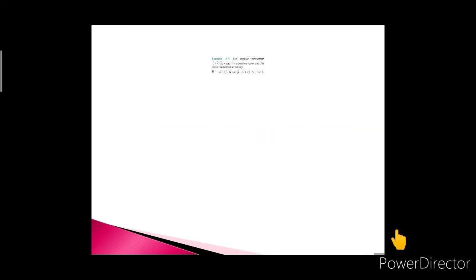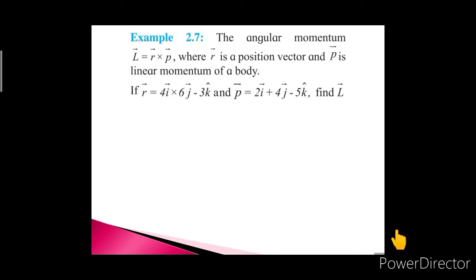In the previous lectures of chapter 2 mathematical methods, we had seen multiplication of vectors, scalar product or dot product and vector product or cross product. Now let us solve the examples based on the multiplication of vectors, that is scalar product or dot product and vector product or cross product. After that, we will solve the numericals which is given in the textbook based on the topics completed. Let's have example 2.7.